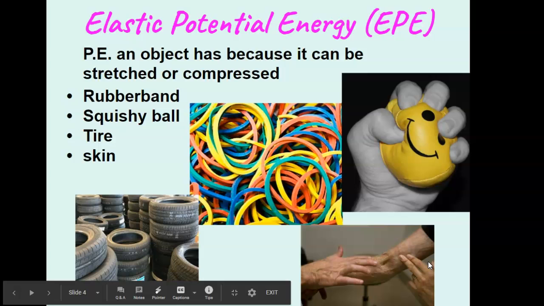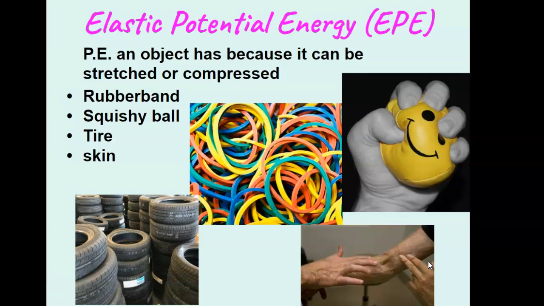Let's discuss elastic potential energy. So EPE. This is the type of energy that an object has because it can be stretched or compressed. For instance, let's look, beginning with the rubber band. A rubber band has the ability to be stretched and compressed, both. Or how about the hand holding the squishy ball? That squishy ball has the ability to be compressed and then to stretch back to a